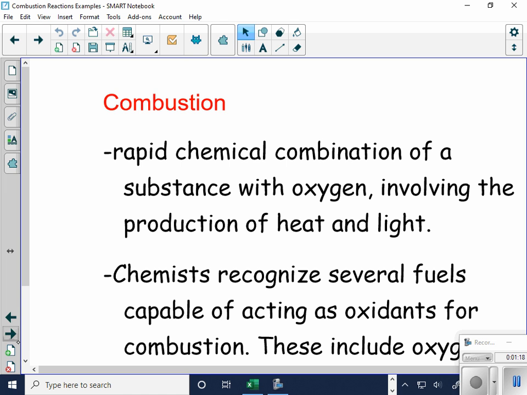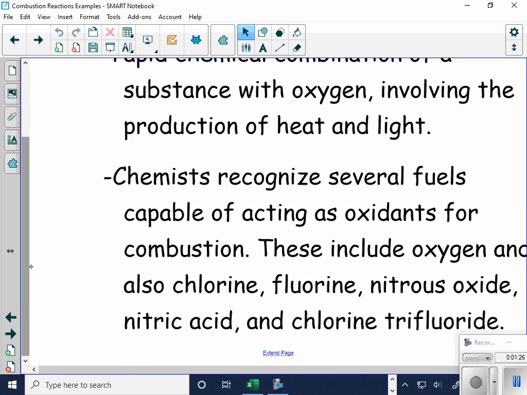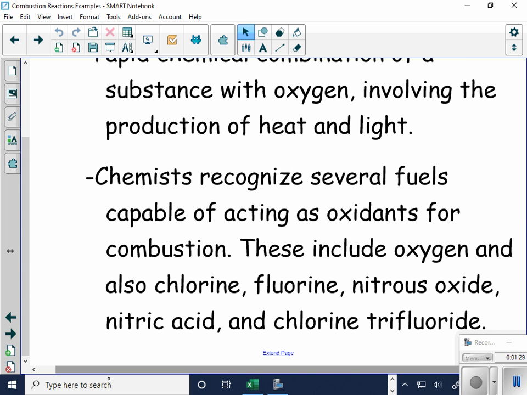Now, oxygen is not the only fuel that is used for combustion. It's the only one we're going to talk about today. But, excuse me, there are several different fuels that we can use. Some: chlorine, fluorine, nitrous oxide, nitric acid, chlorine tetrafluoride, just to name a few. Now, the only one we're going to deal with is oxygen. So when we're talking about combustion reactions,